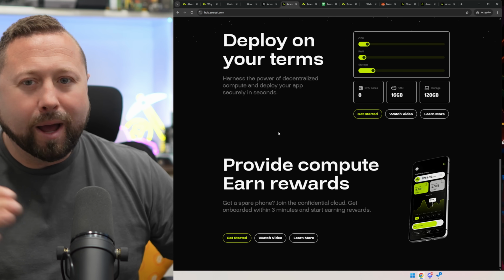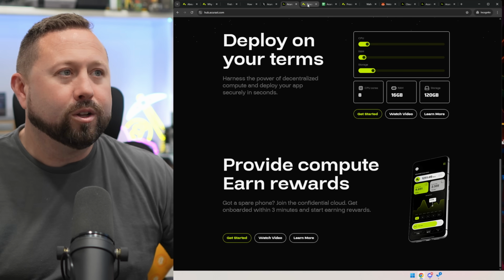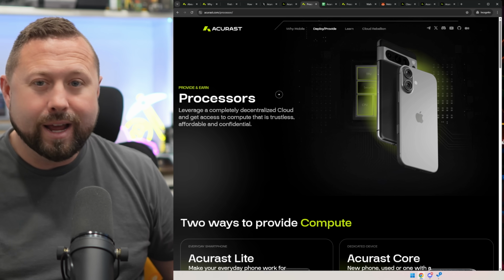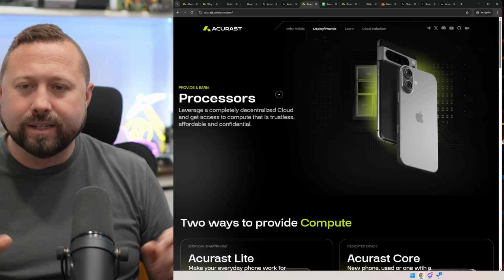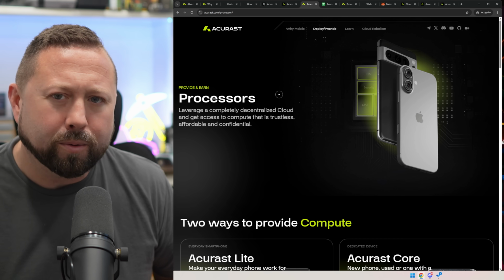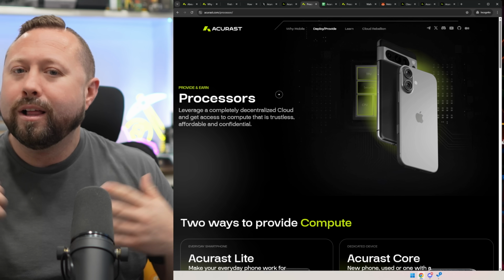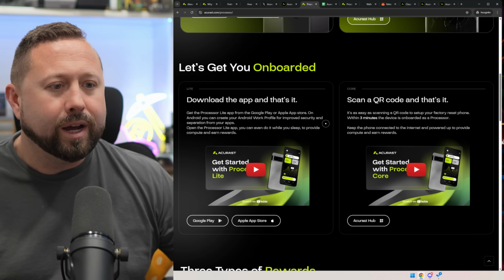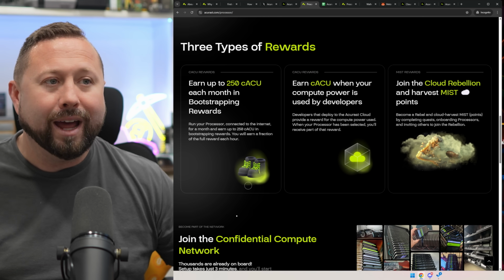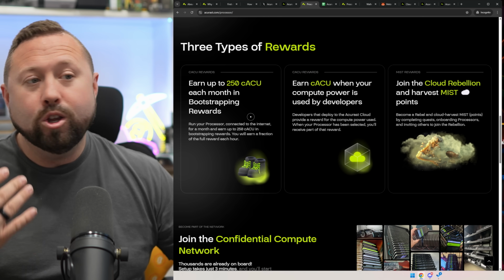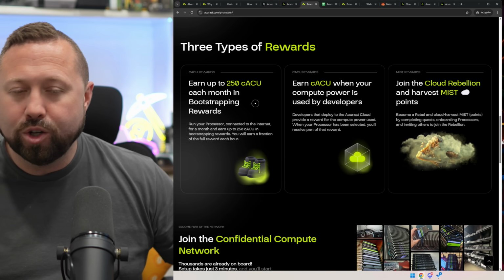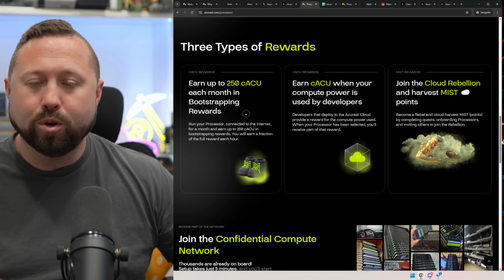All right, well, how much can I earn with my device? So let's take a look here. So we're over on Acurast.com/processors. That's what they call these devices. From the traditional crypto mining space, we call them miners, right? But they're calling them processors. That's okay. That's great. So if we scroll down here and we take a closer look at the reward structure, you can see earn up to 250 of their CACU token each month in bootstrapping rewards.